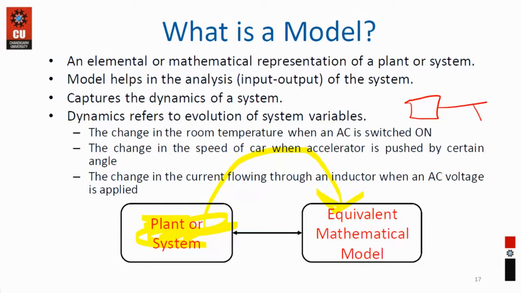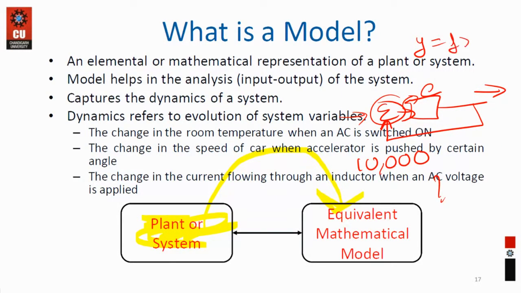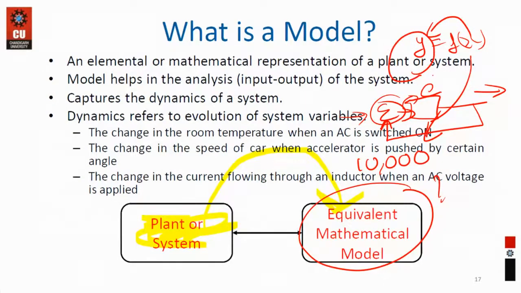This will be my furnace, and on this furnace, I am taking the feedback of the temperature. I will add the feedback to the desired temperature, and I will get an error signal, and I will continue like this. But you don't know what will happen at 10,000. Do you have the mathematics for it? How to represent it? What is y in terms of f of x, where x is the input and y is the output? If you know the mathematical formula for it, you can test it. What will happen if x is 10,000? You can have an idea about the y.